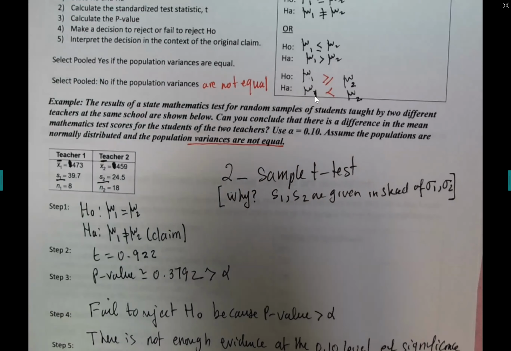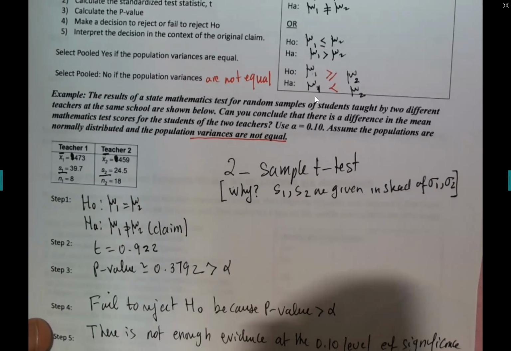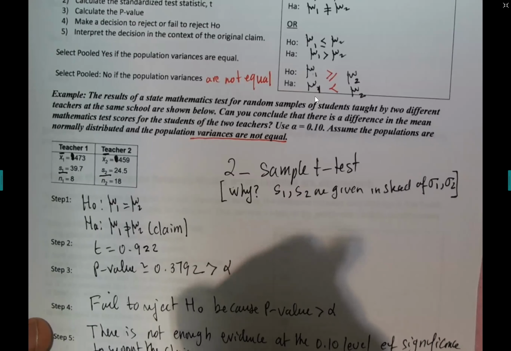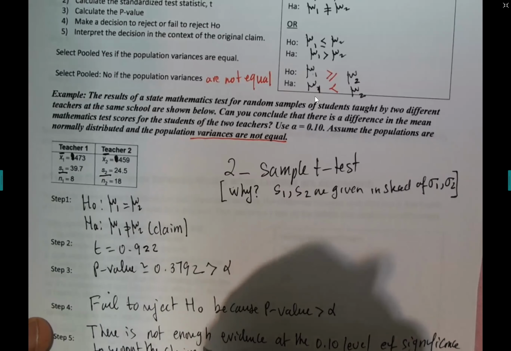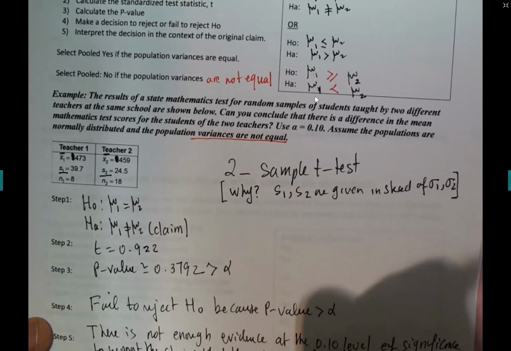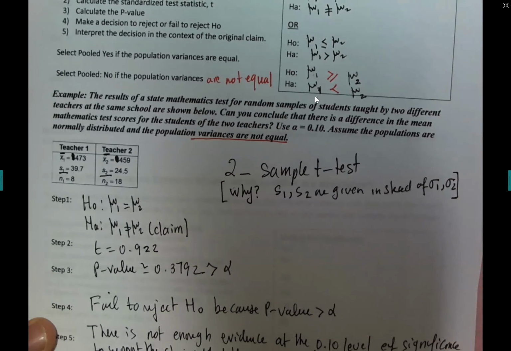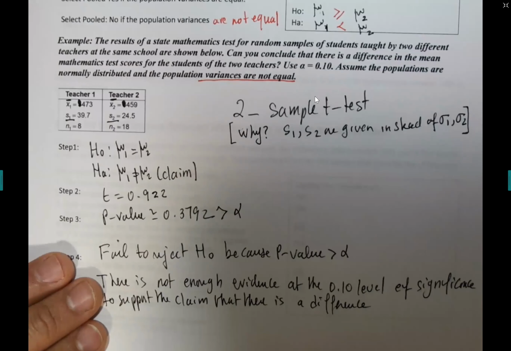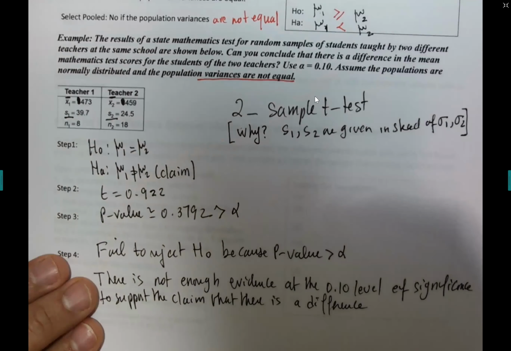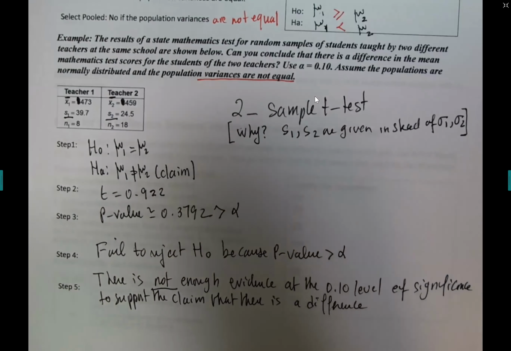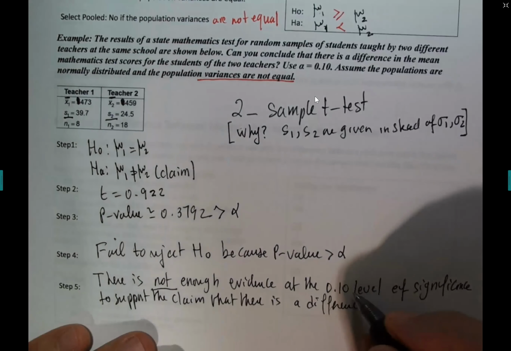We're just doing the same thing, step 4 and 5, just like we did in the previous chapter, to support the claim that, I'm gonna write it down, there is a difference. We're not saying we're supporting the claim. We're saying, guys, we don't have enough evidence to support it. That means the claim probably is wrong. We say there is not enough evidence. Don't forget the word not. To support the claim that there is a difference in the mean